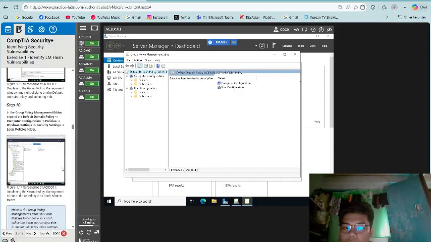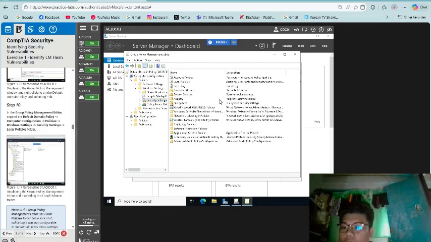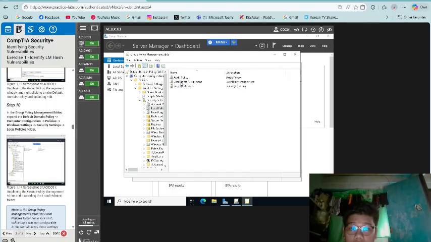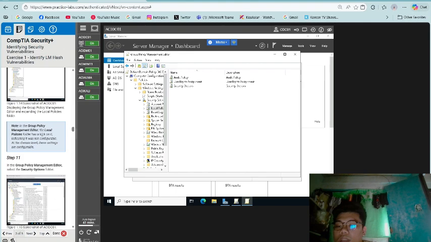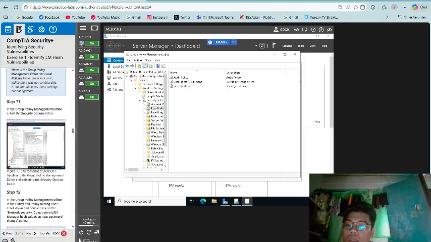In the group policy management editor, expand the default domain policy, then computer configuration, policies, Windows settings, security settings, and local policies folder. Note, in the group policy management editor, the local policies folder has a lock on it, indicating that it is not configurable at the domain level.